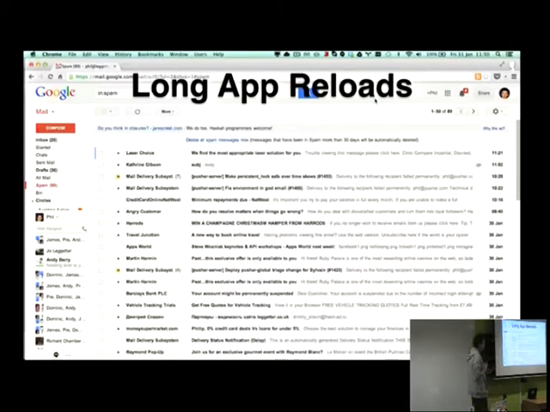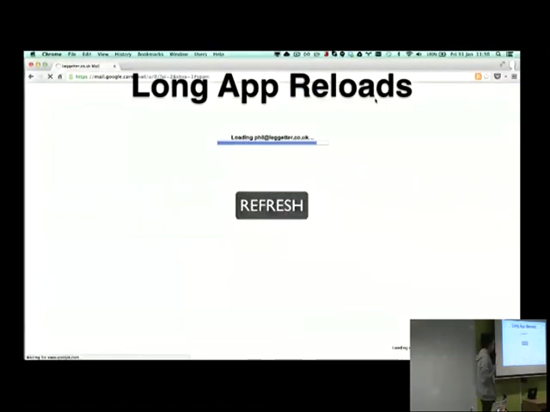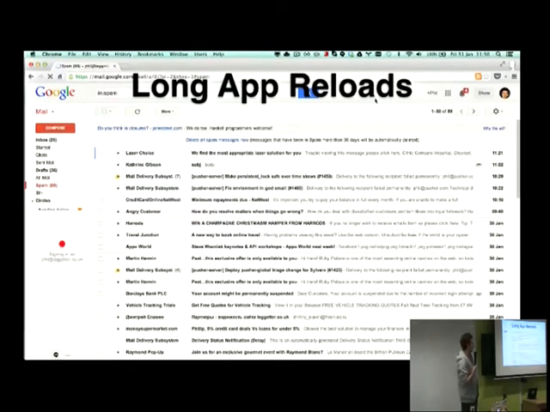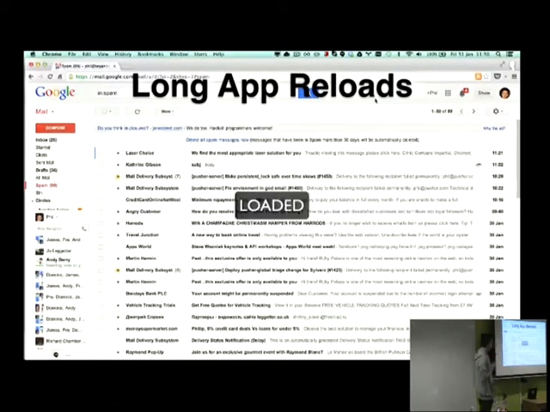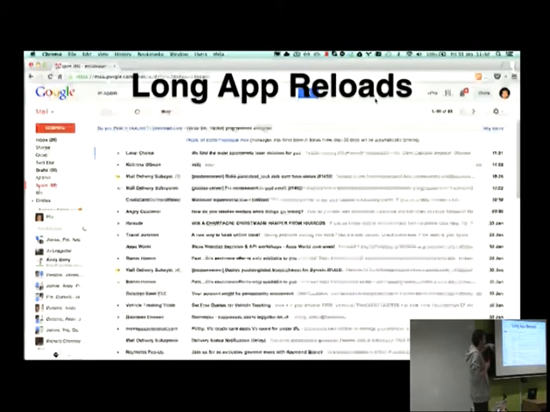This is Gmail. So say I'm the developer working on Gmail. I'm working on this talk functionality. I've made a change. Now, even with live reload, say live reload kicks off the page refreshing. So when I jump from my editor back to Chrome or whatever browser I'm using, it's refreshed. 1, 2, 3, 4, 5, 6, 7, 8, 9, 10. Now, I do live in Scotland, and my broadband isn't particularly good. And I guess there are faster ways of doing this. But if I'm running the full application, then that's 10 seconds between me making the code change and seeing that